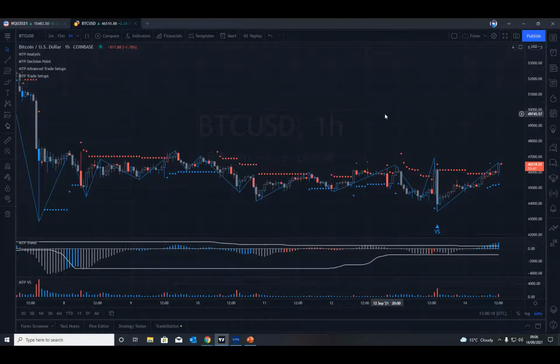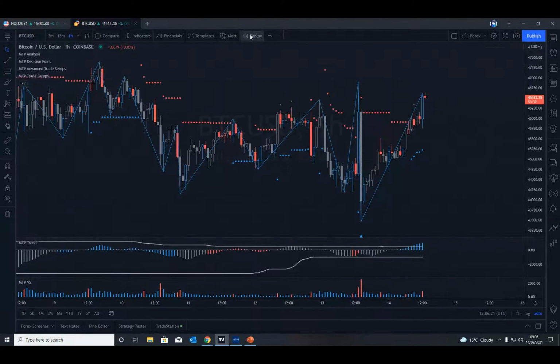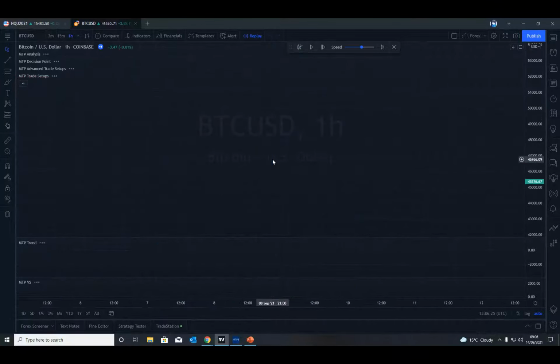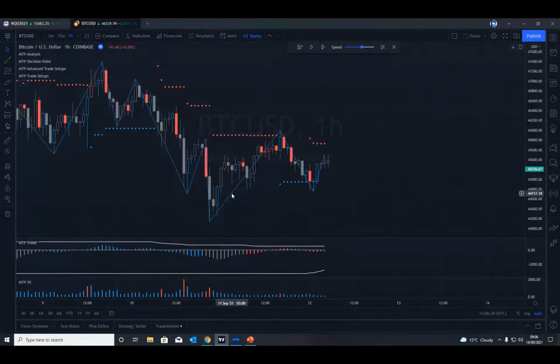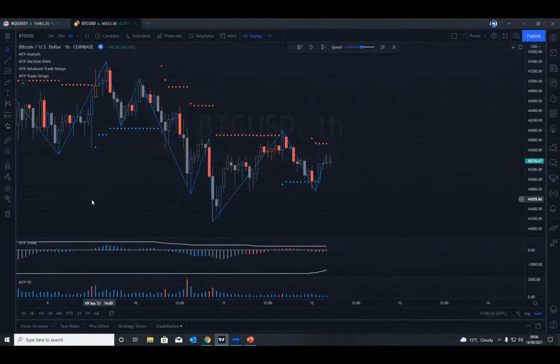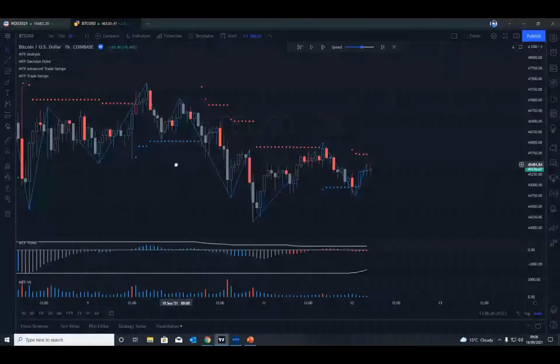Well, what we do is, I'm just going to go back in time just a little bit, to here, using their bar replay and just show you what we do. We basically place our decision point levels on the chart. In other words, these are levels where we are anticipating, not projecting, where market reversals will occur, or may occur, I should say. Remember, nothing's set in stone.